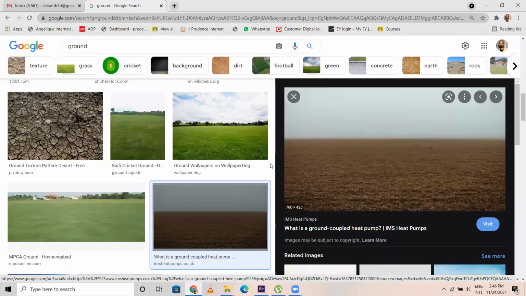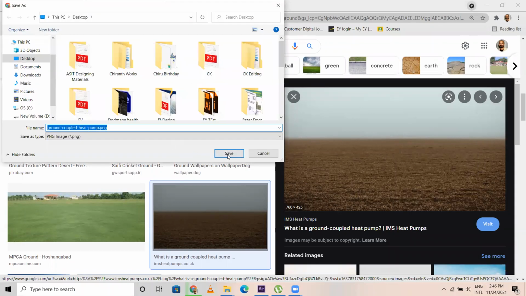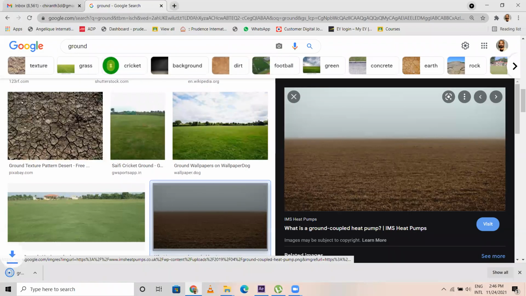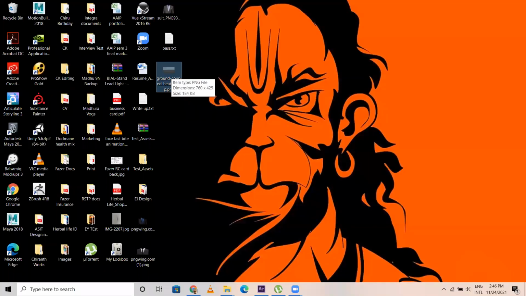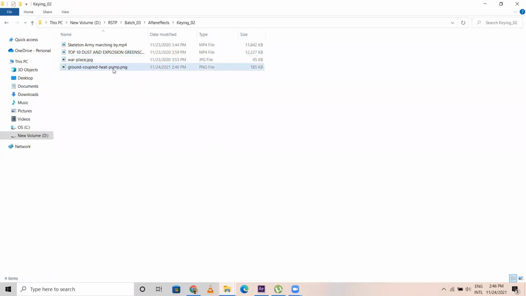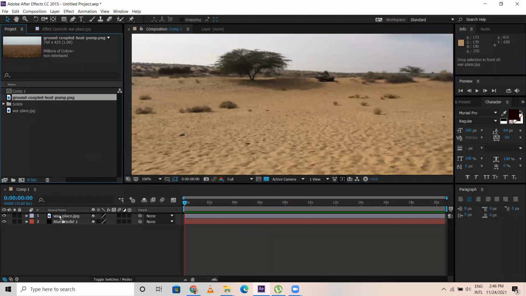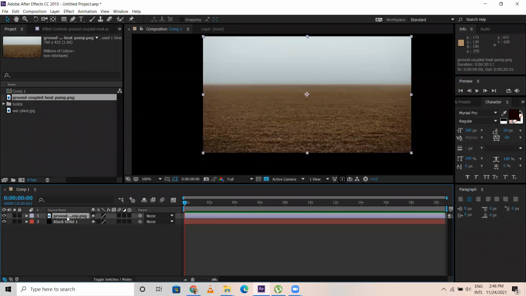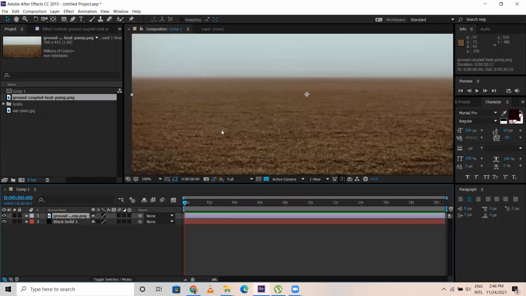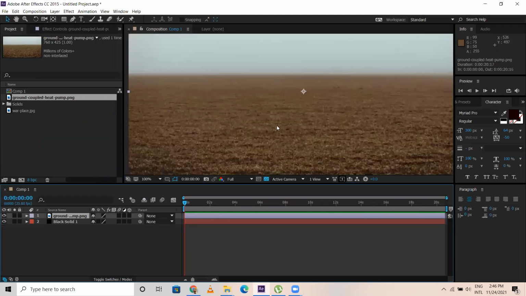Let me save this image, and I'll go to desktop. I have this ground image. I cut this and I'm picking here. And this one, drag and drop into After Effects. I think it's okay. I'm gonna delete this. Control Alt F. Okay, this looks good.